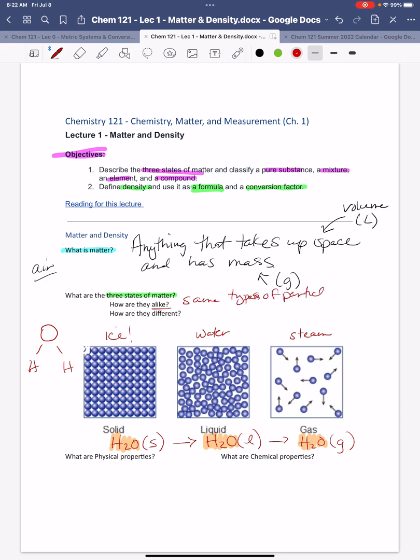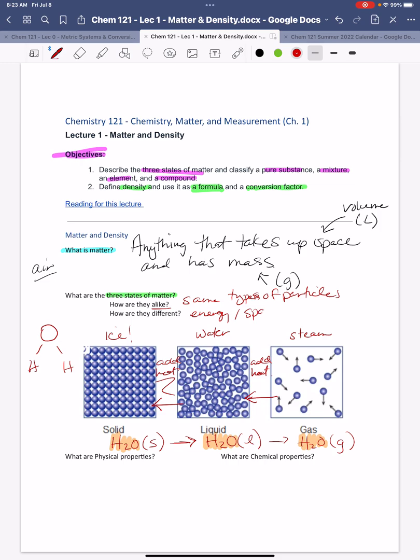But when you think about it, the amount of energy and the spacing and the organization of the particles is going to be very different. So the energy is different because in order to get from a solid to a liquid, we have to melt it, which means we have to add heat. We have to add heat here as well, and we will give you names for that later on. If I want to go the other way, if I want to condense the steam to make it liquid and freeze the liquid to make it into ice, I have to remove energy. And so the energy is a big deal.